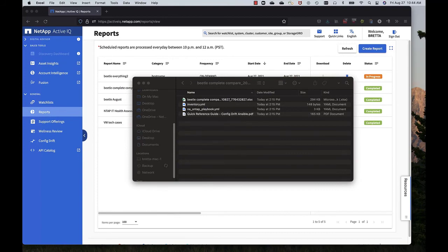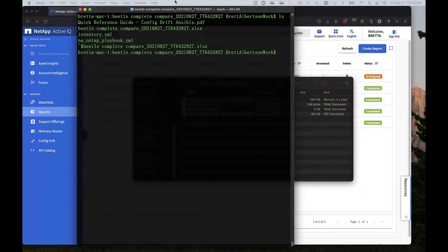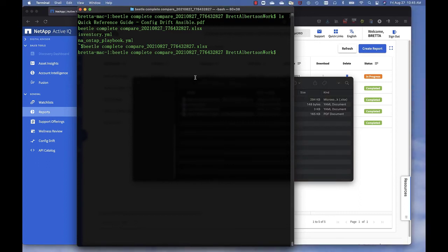So now I have a terminal here. You can run the Ansible playbook, which is an open source scripting language, on any system that happens to have Ansible installed. Note you'll also need the NetApp extensions for Ansible and Python, which you can install via the Python installer. It's in the quick start guide how to do that, but in this case, I've already done that. I have Ansible I use on my system all the time.